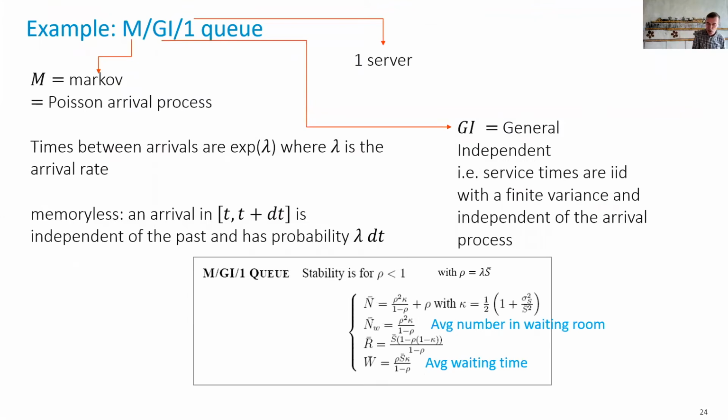Now, if we want to go beyond, we want, for example, to be able to analytically give the distribution of things we're interested in observing. What are the things we want to observe in a queue? Well, for example, the distribution of the number of customers, or the distribution of the waiting time, or the distribution of the response time. Waiting is the major thing that is unknown in a queue. When we have a queuing system, what we want to control, when we want to analyze, is what is the penalty of this queuing system, which is the waiting. For